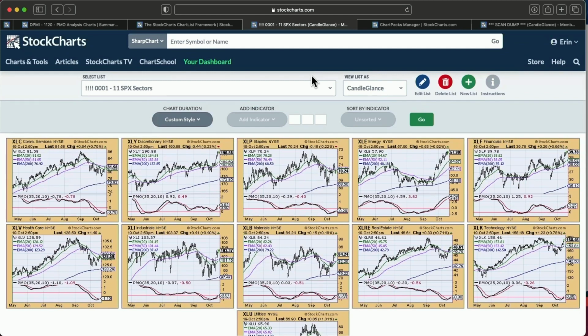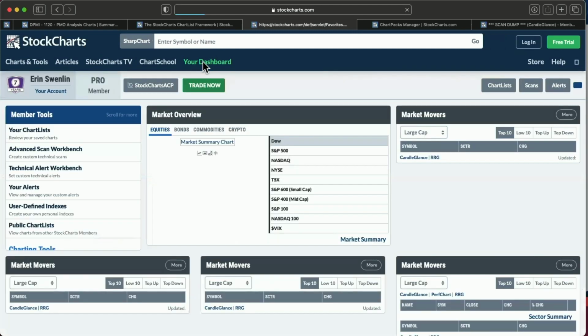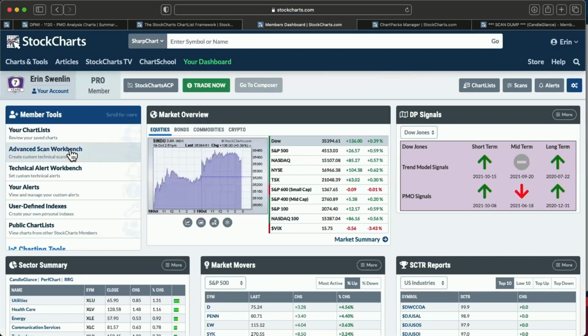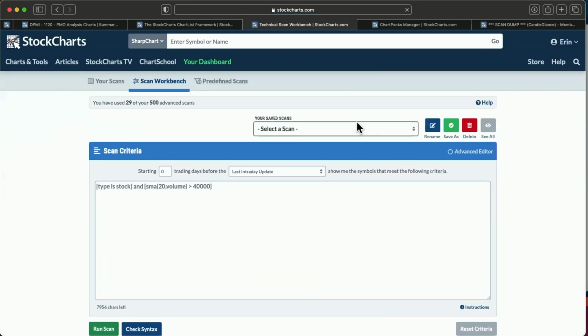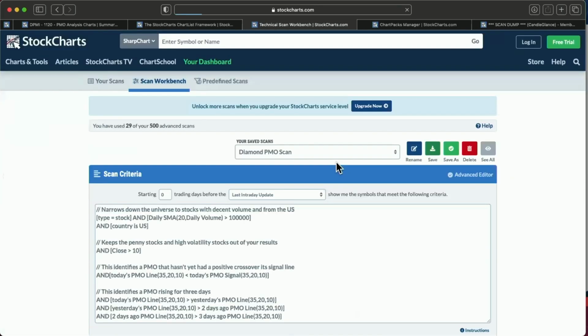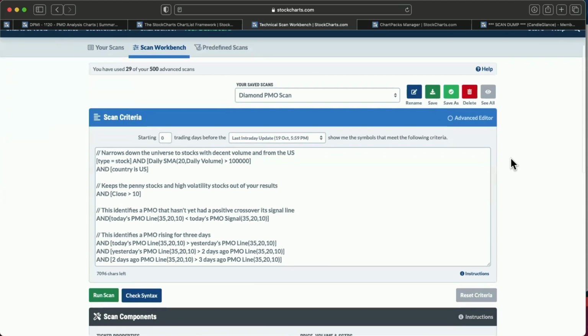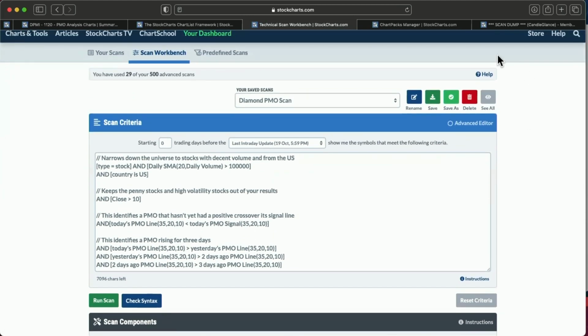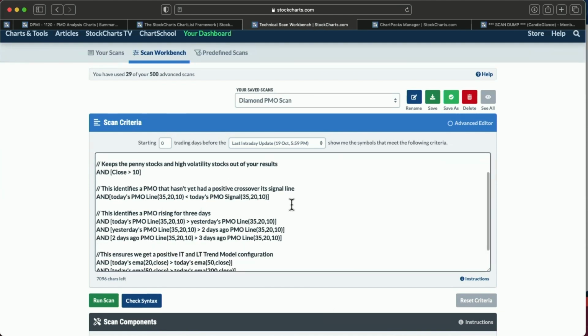So the last thing I wanted to cover is how to scan on a chart list. I only saved a few minutes for this because honestly, it just doesn't take very long. So I'm going to start at the dashboard again. I'm going to go to the Advanced Scan Workbench. And let's just pick out my Diamond PMO scan. This particular scan is available on StockCharts. I wrote an article that I called the PMO scan to rule them all. If you look up that article, you'll be able to find out the code that you need to use this